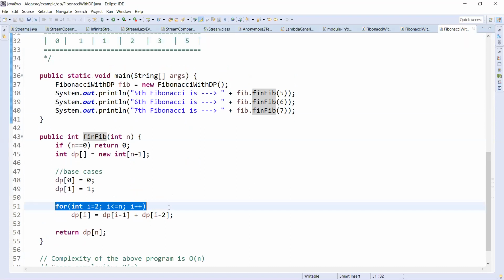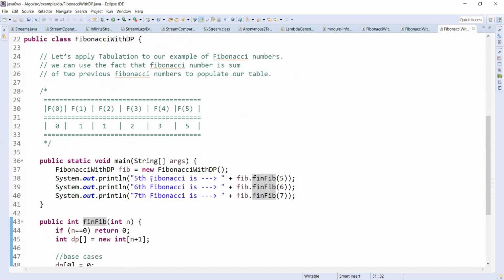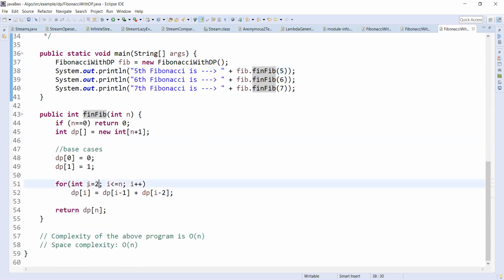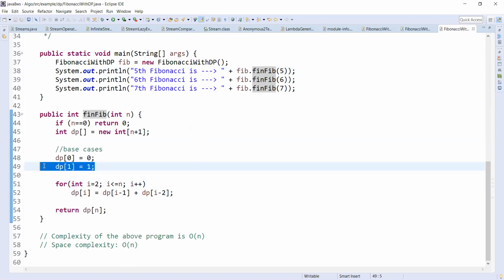And then we will iterate up to n. For example, if you want to find the 5th Fibonacci number, we need to iterate up to 5 from the second, because we already populated the 0th and first ones. So then we are just iterating in a linear fashion.